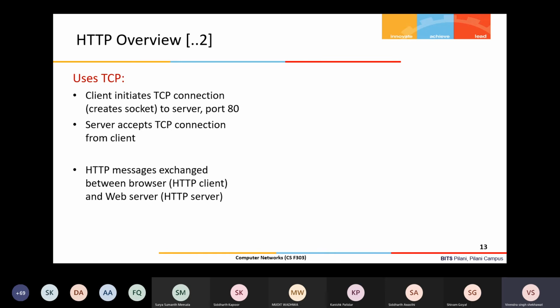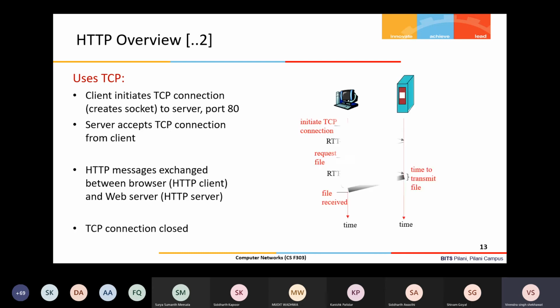Why? Because with HTTP we access web pages. If one image is not coming, or maybe half of the image is coming, or some text is missing, that is not acceptable for this application. Delay can be there, and even if bandwidth is not guaranteed, that's okay. But each and every packet should arrive, so reliability is very important for us. That's why, for the HTTP application, designers have chosen TCP as the right protocol, because it provides reliability.